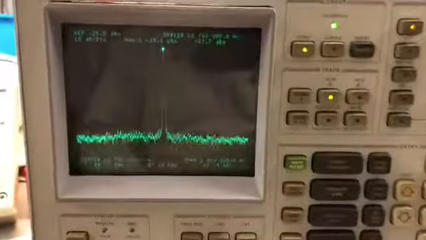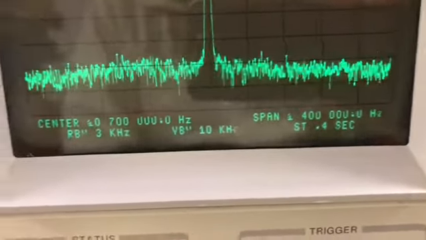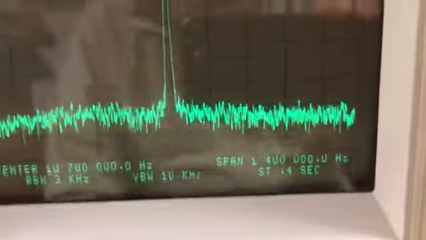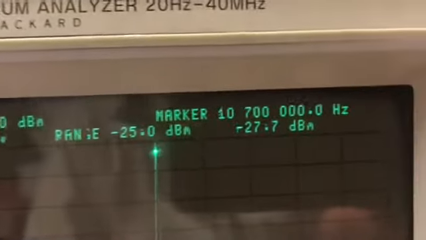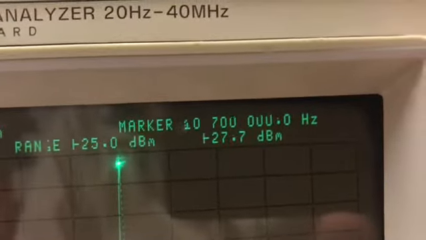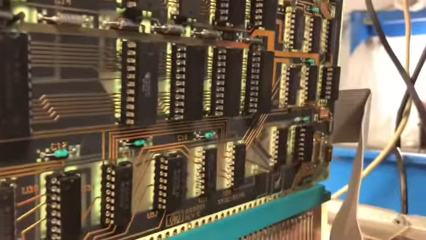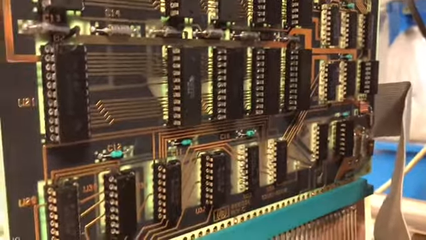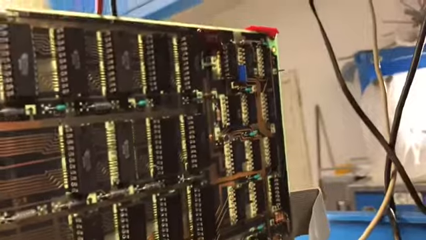So look at that. Well, it's not perfect. You see the numbers are, well, not all the time good. So something is still wrong. But, well, I have replaced several ICs. All the ICs which are socketed have been replaced,